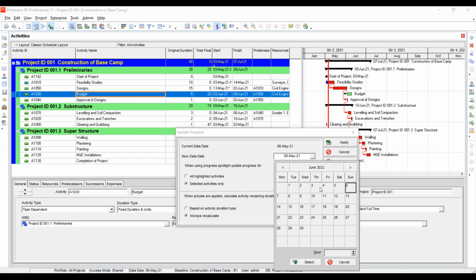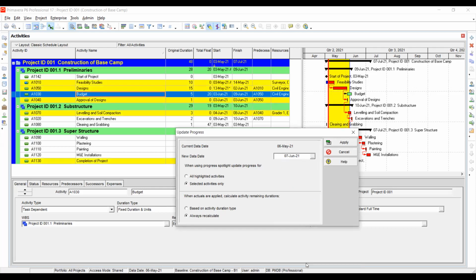So let me see. And you can see that it was supposed to start on 3rd June and it finishes on 9th, but it has 5 days, meaning it is jumping on to 9th because of 2 days of Saturday and Sunday. So let me just select maybe Monday. Yeah. Then I say select. Monday, yeah. Then after that,